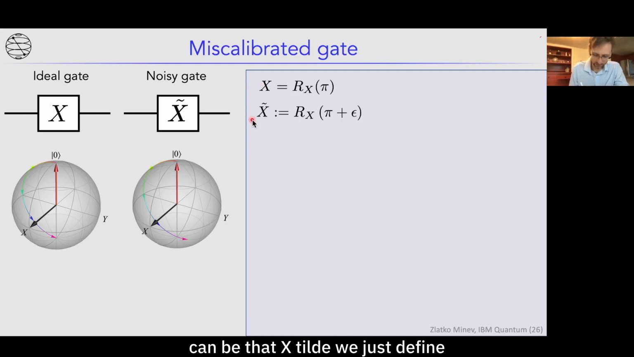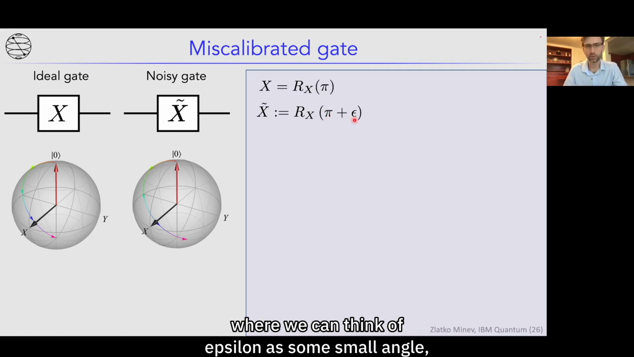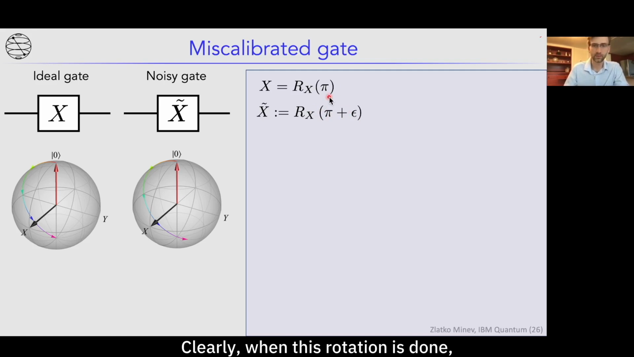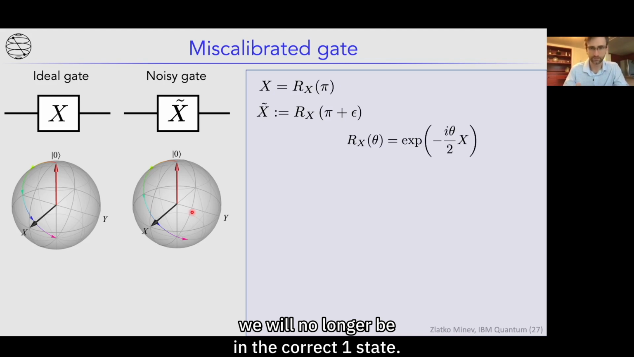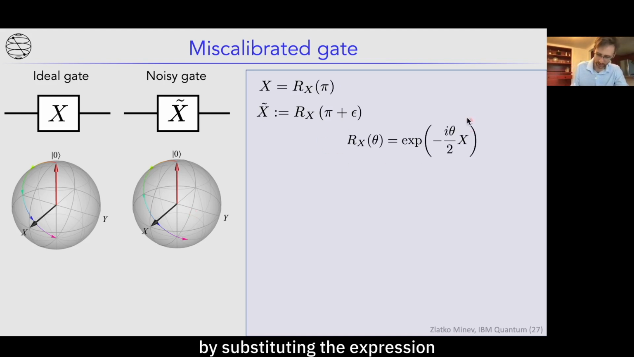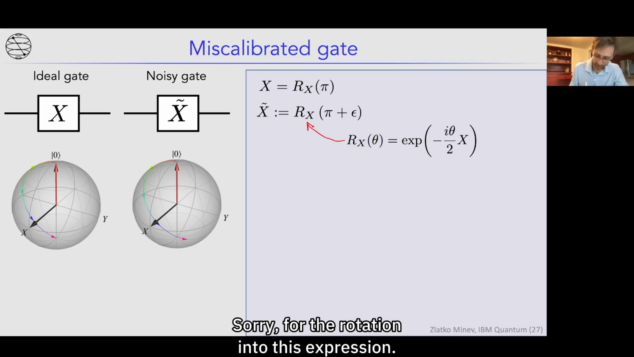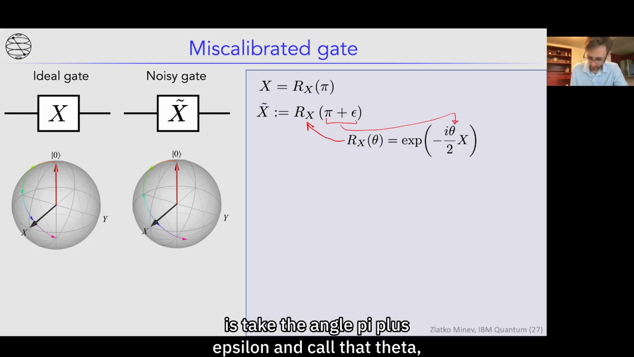Algebraically, our model of that, of course, can be that X tilde we just define as the same rotation around X. It's just now that the angle isn't pi, it's pi plus epsilon, where we can think of epsilon as some small angle, though it doesn't have to be. Clearly, when this rotation is done, starting in the 0 state, after the application of this gate, we will no longer be in the correct 1 state. Let's expand and see what the small angle actually does by substituting the expression for the noisy gate, for the rotation, into this expression. Essentially, the only thing we have to do is take the angle pi plus epsilon, call that theta,